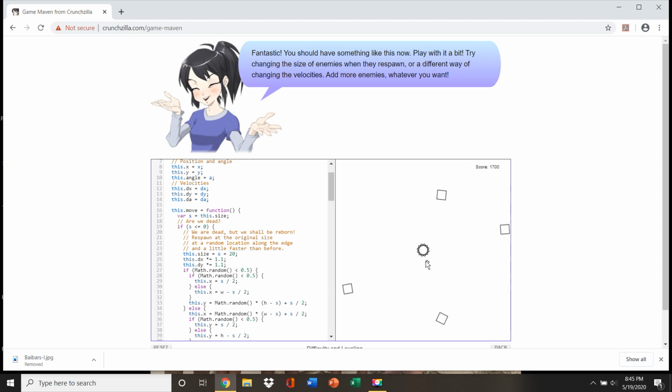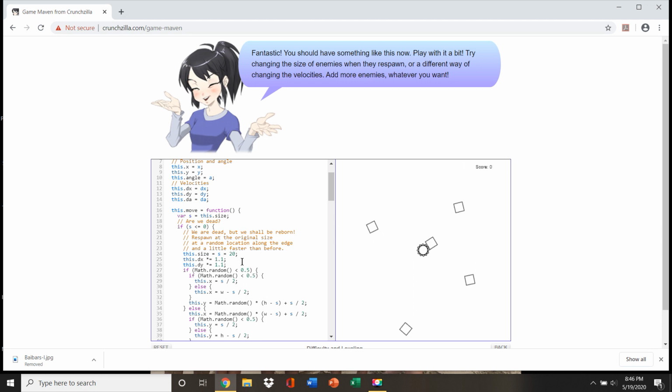I'm going to do the same thing now. And watch for when it comes back. There, it came back and it came back a little faster. I'm going to do the same thing now. And then watch for it to come back even faster than the last time. Okay, now to make it really challenging,